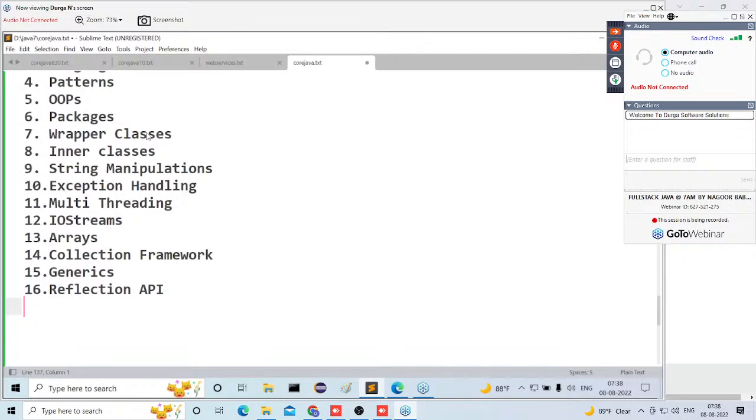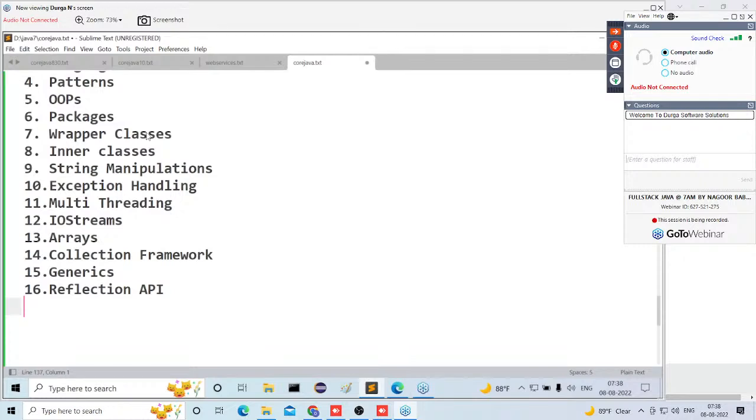Got it or not? Inside the collection framework: List, Set, Maps, Queues. Inside List: LinkedList, Stack, Queue. Then Set: HashSet, LinkedHashSet, TreeSet, NavigableSet, SortedSet, and so on. So many classes and interfaces are available. All of them we are going to understand inside this particular content clearly. This is one thing, guys. Okay, fine. Then the Reflection API.